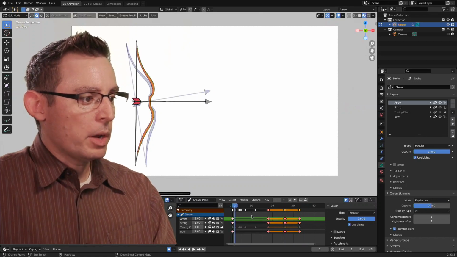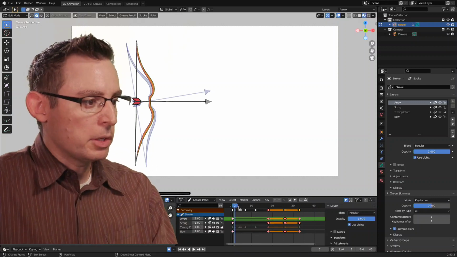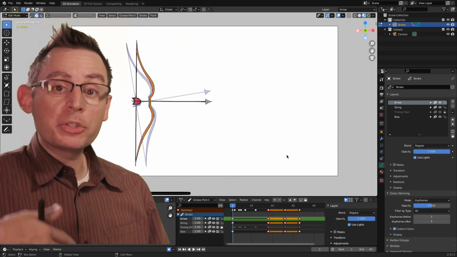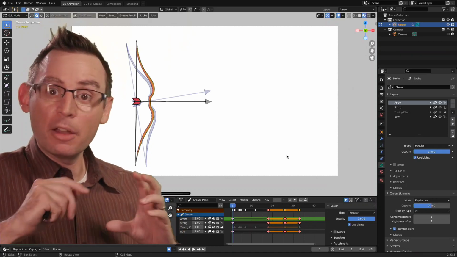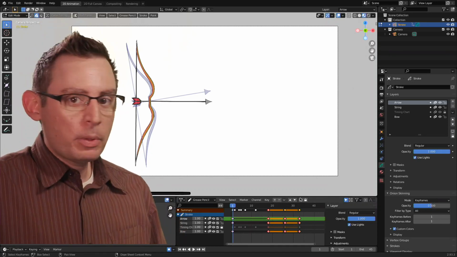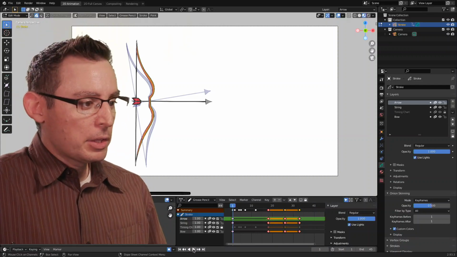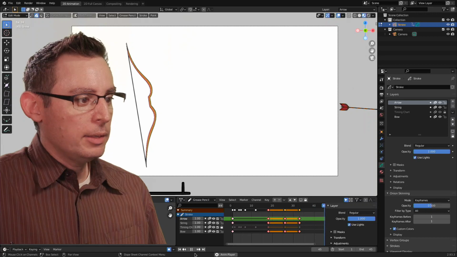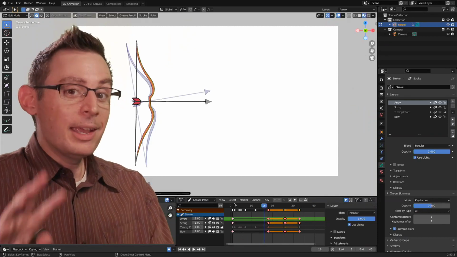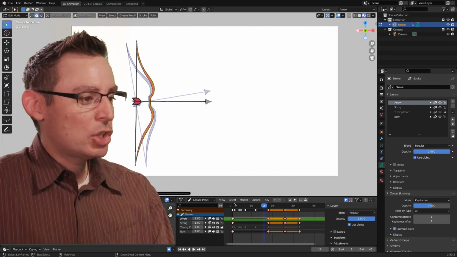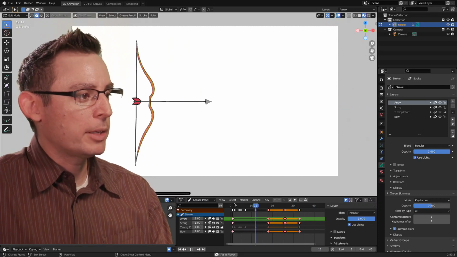Okay, whenever we create something, the first thing we want to do is to play it. Here's a great keyboard shortcut that will speed up your workflow inside of the Blender timeline. I want to play my animation, and you're more than welcome to go down into the bottom of the interface and hit the little play button, which will advance the playhead. That's a great way of working. Here's the keyboard shortcut that I find really helpful. Shift space. The shift space bar is just going to play your timeline.